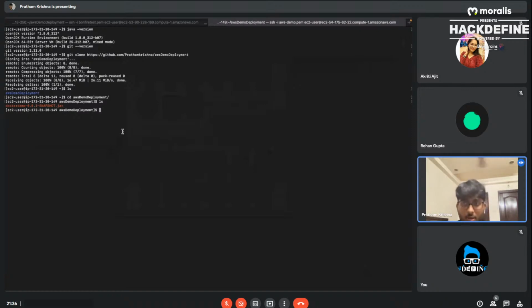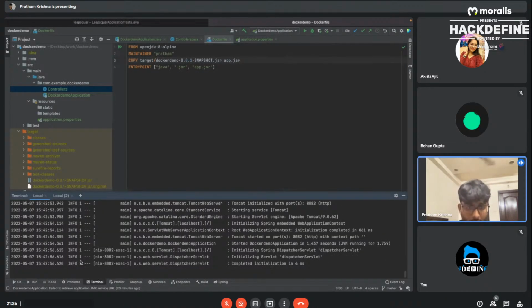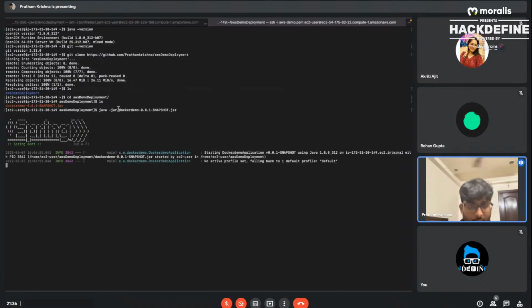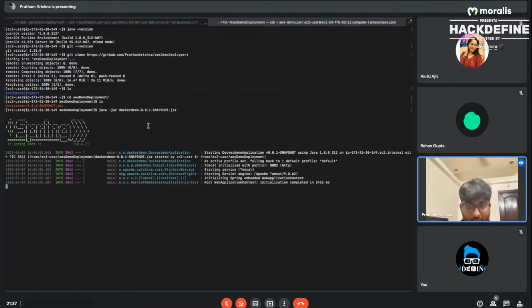If you remember, I had shown the command over here that was java jar and whatever your jar file name is. So we're going to do a java jar docker demo. Ignore the name, I just gave it anything. So it is running on port 8082 on the EC2 instance as well.